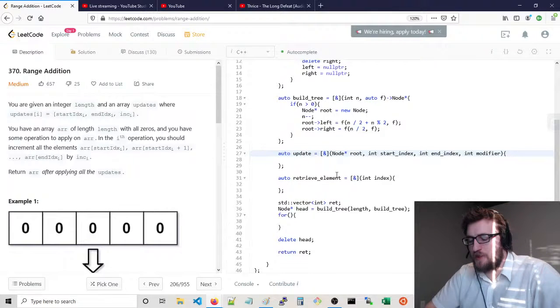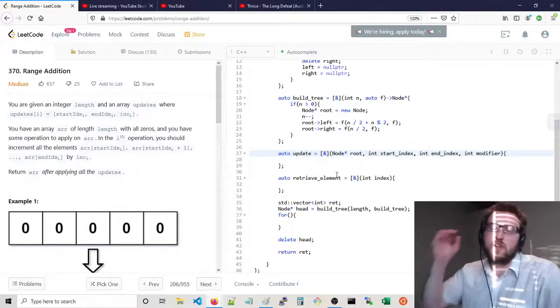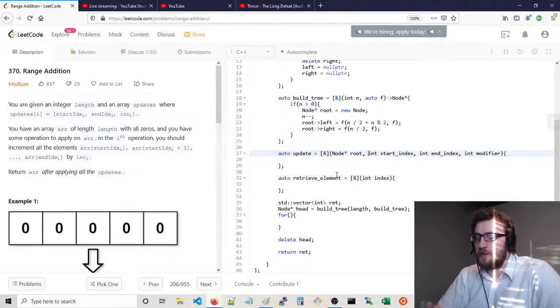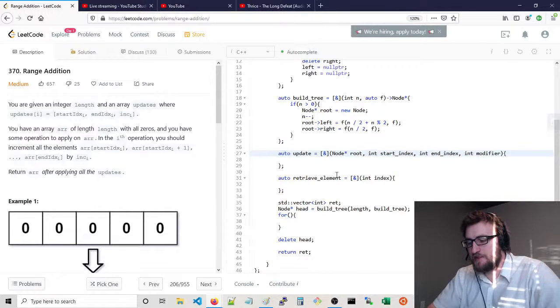So if your start and end index is exactly what's contained in that root, then you return. If the root is empty, also you're going to return. Although you're not going to return, but you're going to set the modifier. You're going to update the modifier for that root node, and if it's empty, you're going to return. Excuse me. Now the tricky thing here is